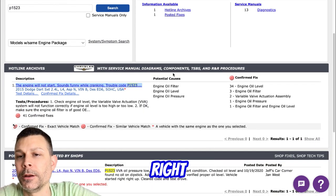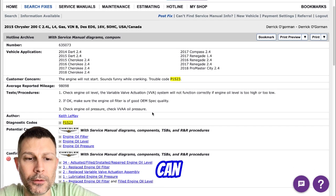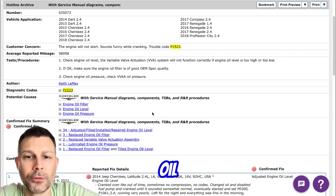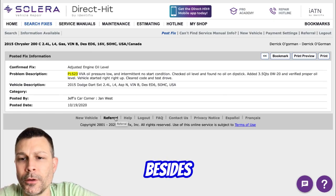Wow. All right. Oh, really? And I primed the MultiAir blocks. I filled all four of them through the top holes. They're completely full of oil. I've taken off the little inspection port on top of the valve cover. While it's cranking, I can see oil spewing out of it. It's got oil pressure in there, but it's giving me a low VVA oil pressure code, no compression. Okay. I have no idea what to do next besides...